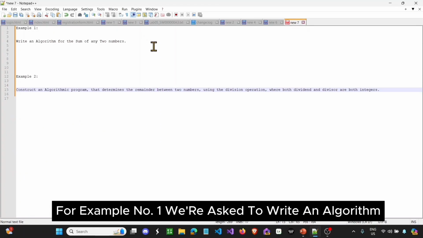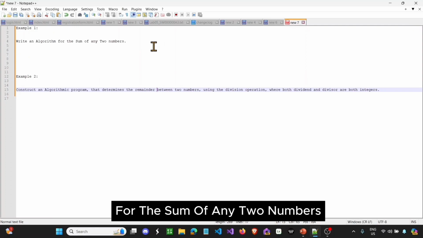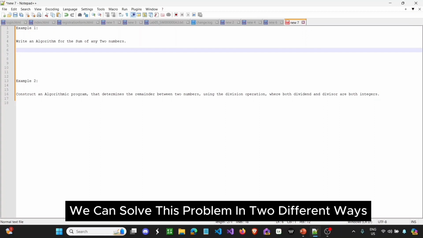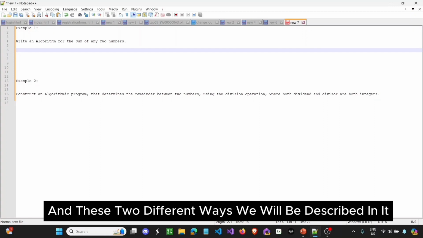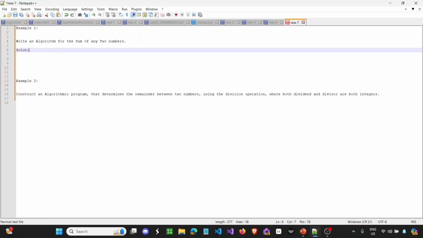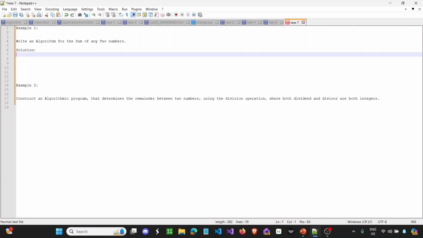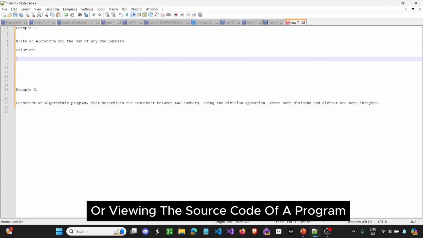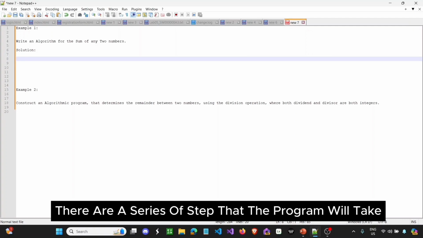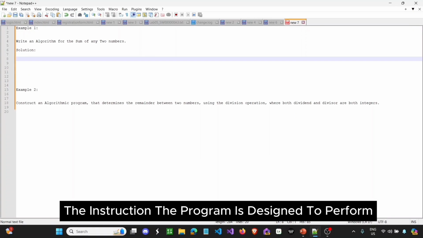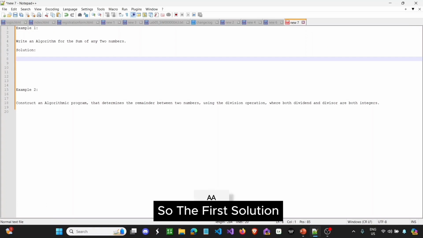For example number 1, we're asked to write an algorithm for the sum of any two numbers. To write this program, we can solve this problem in two different ways, and we will be describing them in this example. So let's write the solution using step form. On the back end of our software program, or viewing the source code of a program, there are a series of steps that the program will take before it successfully executes the instruction the program is designed to perform. So the first solution,